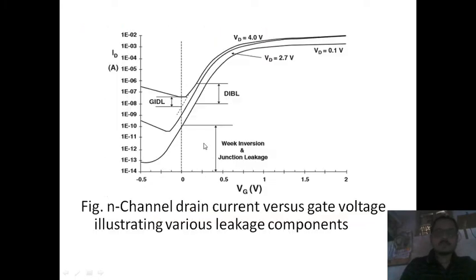See here, this linear rise of the curve is due to drain induced barrier lowering. This curve is also a part of the subthreshold region. This linearly increased region is due to drain induced barrier lowering. This curve has gate voltage on the x-axis and drain current on the y-axis. This region is due to drain induced barrier lowering.